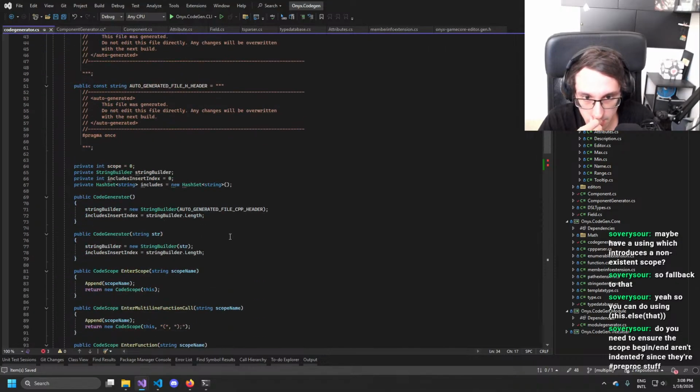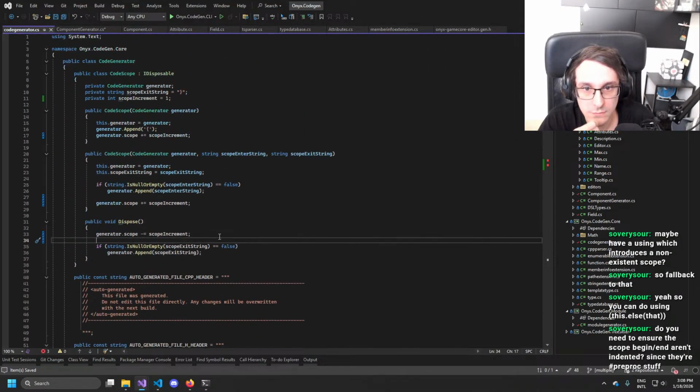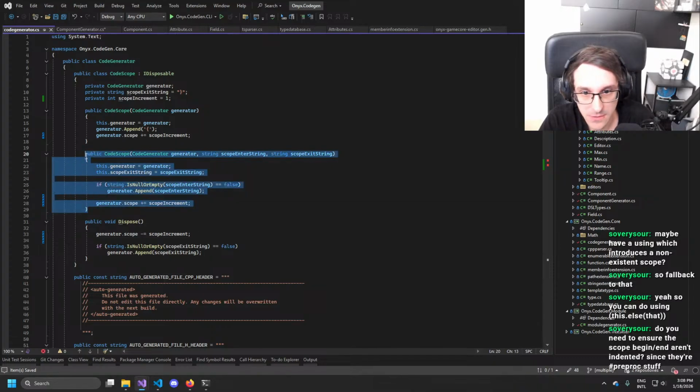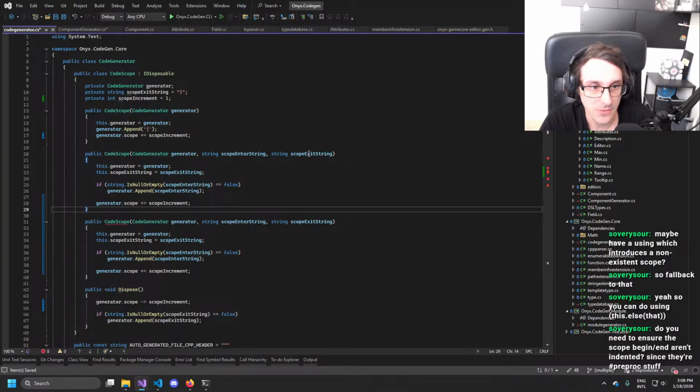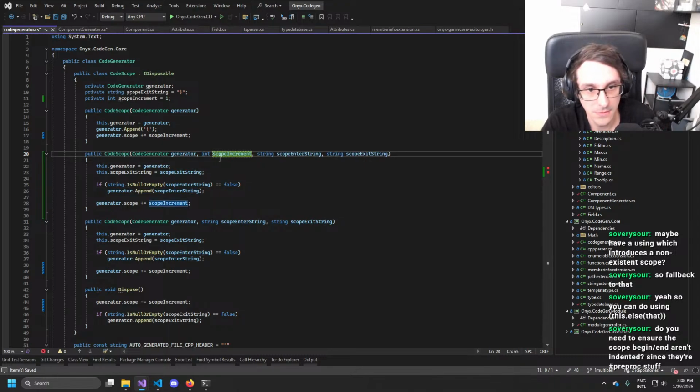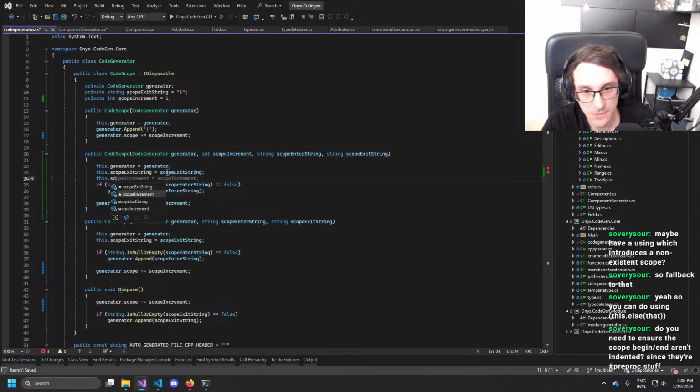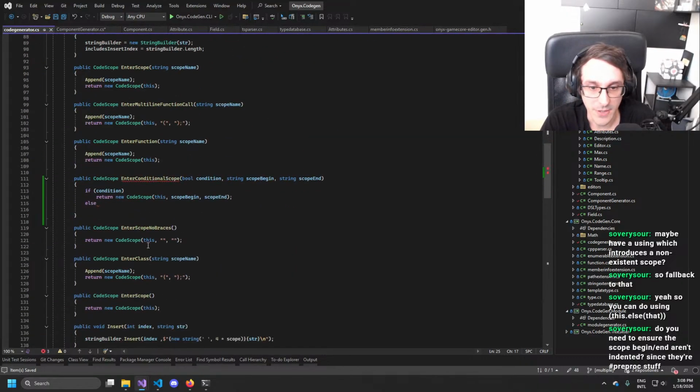That would work. I could add another generator here that takes as well an increment. So basically that one would be 0.